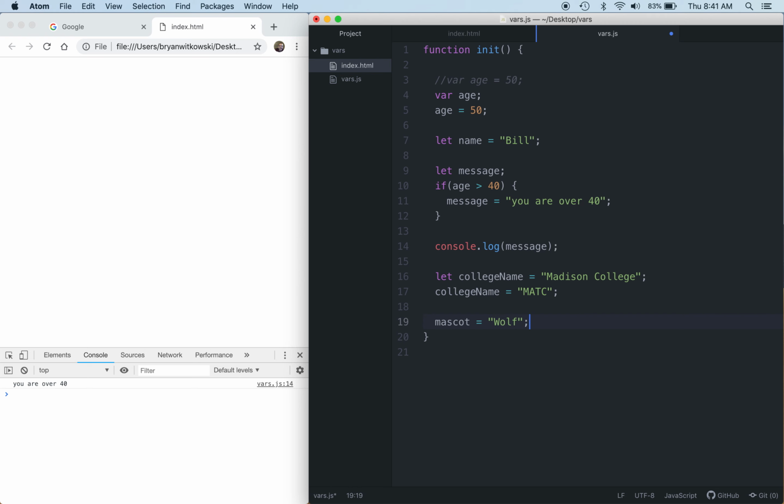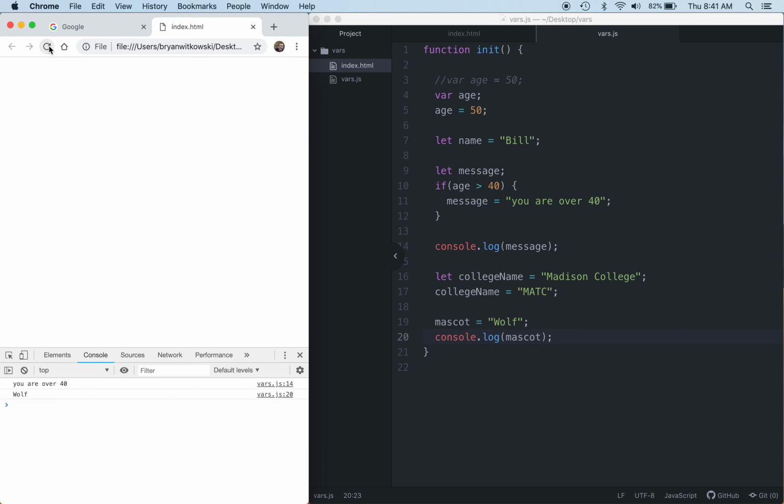We're the wolf pack at MATC, our mascot is a wolf. I never declared it. I didn't say that this is a var variable or a let variable or a constant. I just used it. I made it up, and I assigned the value wolf, and I'm just going to do a console.log of our mascot,